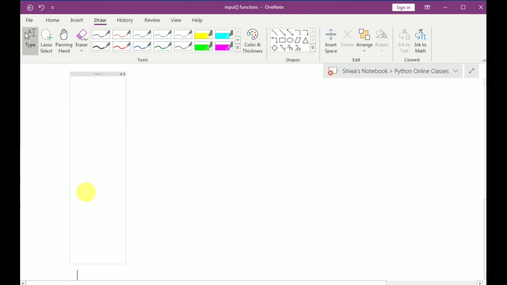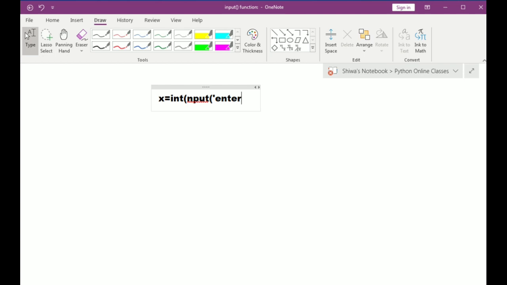When we are writing x equals int of input of enter x, what is happening with this statement?